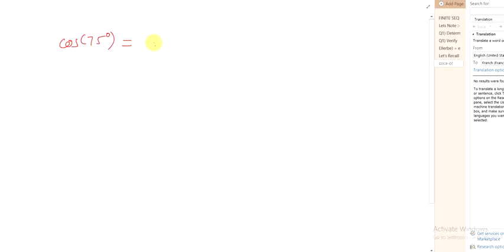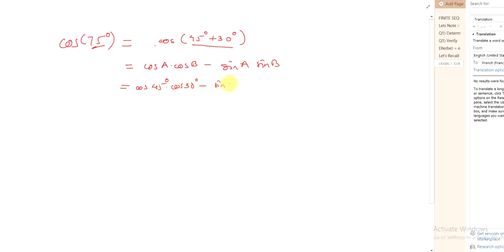Again reduce cos 75 degree into two standard angles as cos of 45 degree plus 30 degree. What is its sum? Its sum is nothing but 75 degree. You can verify this one. So cos 45 degree plus 30 degree, that is cos A plus B. And what is the formula for cos A plus B? Cos A cos B minus sin A sin B, that is cos 45 degree into cos 30 degree minus sin